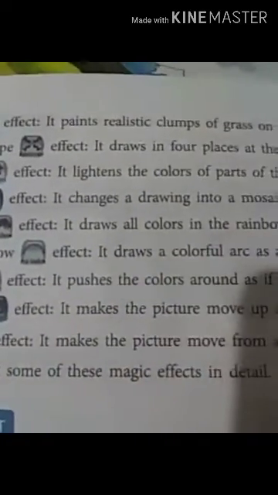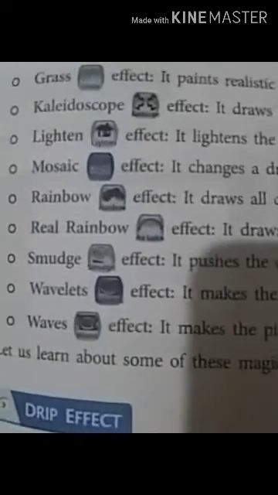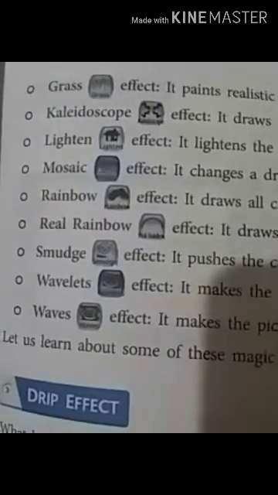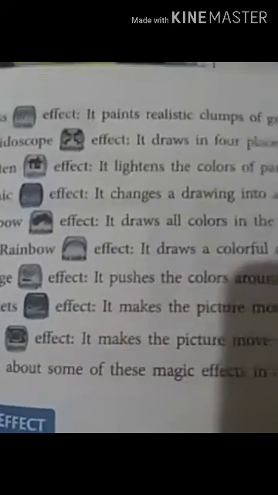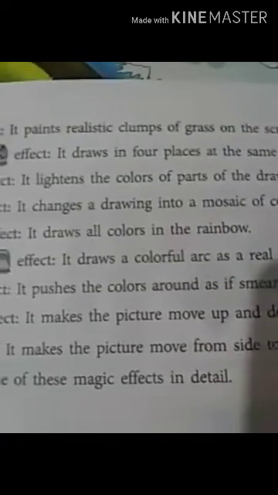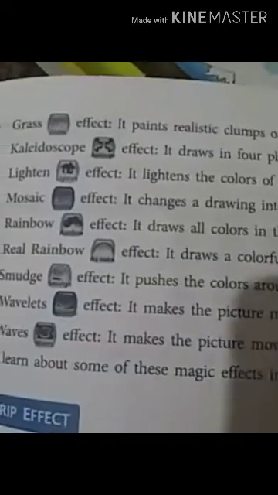It lightens the colors of parts of the drawing. Lighten means less, low effect. Then mosaic effect. What is the mosaic effect? It changes a drawing into a mosaic of colors. It changes a drawing into many colors, a mosaic of colors.